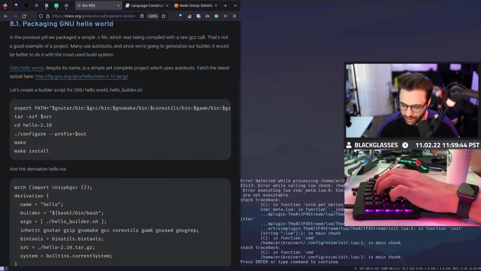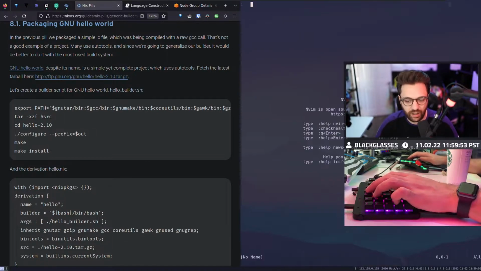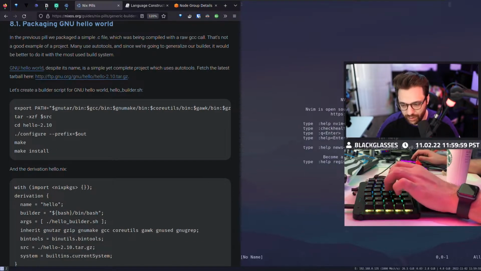Vim, C compiler, no C compiler found. C, GCC, clang. Ugh. You're killing me. All right, we can fix this. Let's go to our dotfiles. Yeah, I know. Calm down.